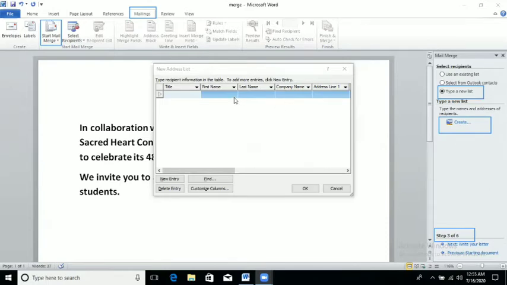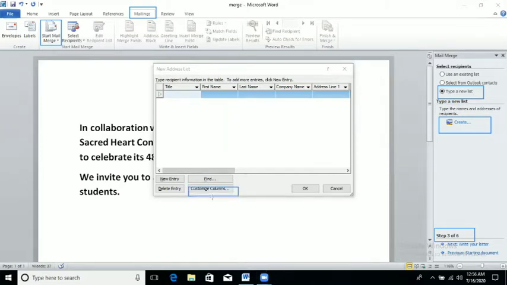If you want to fill in these fields, you can fill them. If you want to skip any one, for example, I don't want to write company name, you can skip it. Clear? But if you want to make any changes in these fields, what you will do, you will go to this option, Customize Columns. I am putting a rectangular box here.